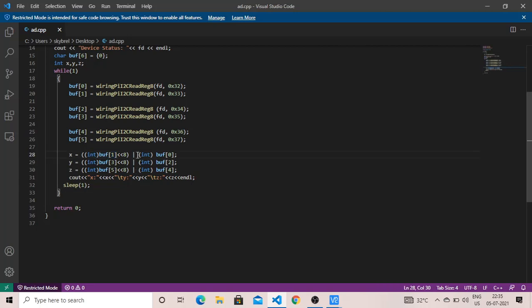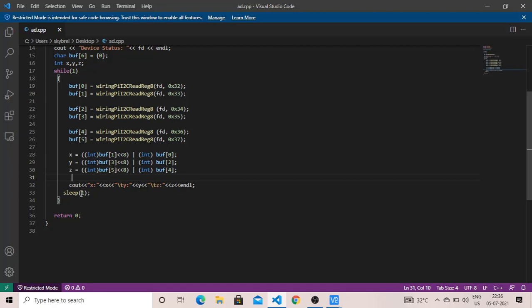And here you can see that I just convert the index 0 value into an integer. Now whatever the results are at these two ends will be added together. The binary addition is applied, so the result will be stored inside X, and the same operation is applied on index numbers 3 and 2 and the result stored into Y, and then I stored the value in Z, and finally I print the XYZ coordinates here.